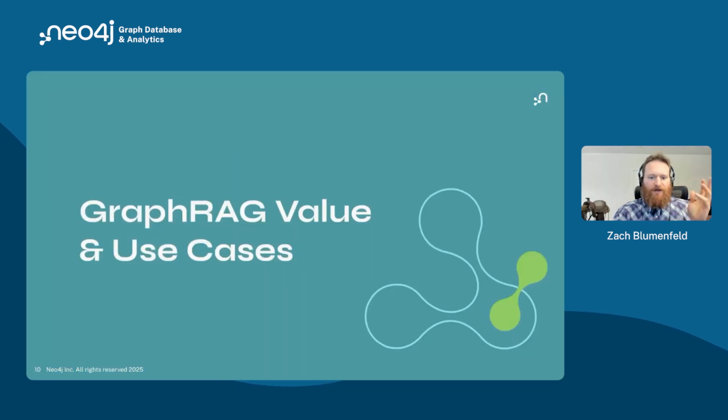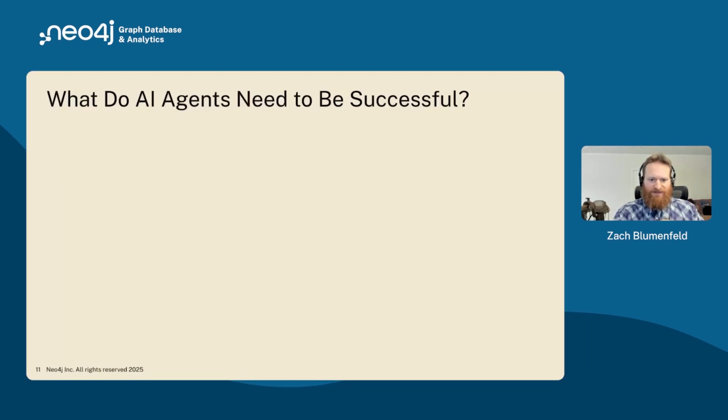And so now, we've talked about what GraphRAG is, and now I want to talk about why it's valuable and some of the use cases that we see around it and when to use it really. And then after that, I'll show some technology after we get through some of these slides. So I want to take a step back and just think, what do AI and agentic systems need